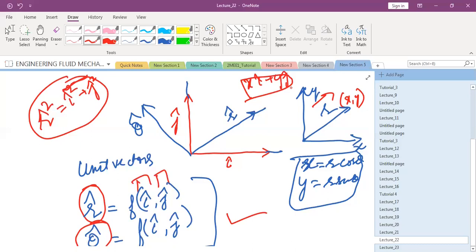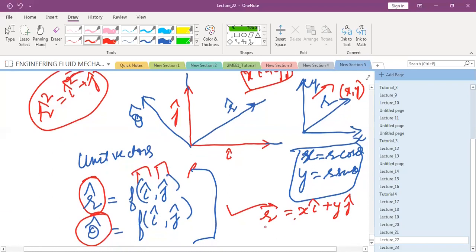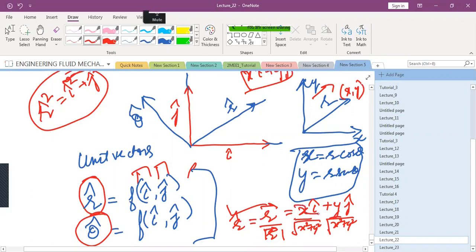सर इसके मैग्नीट्यूड से डिवाइड कर देंगे. इसके मैग्नीट्यूड से डिवाइड कर सकते हो. So you are saying, say if I have r vector written down as x i plus y j, I divide this with the magnitude of r vector. This is what you are saying. Yes, sir. And x square plus y square is equal to r बन जाएगा ना. So what is this? x upon x square plus y square under root.